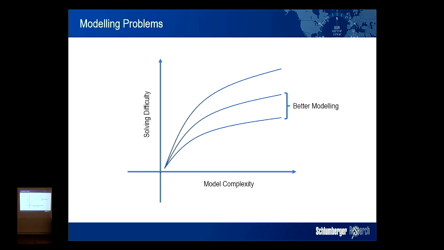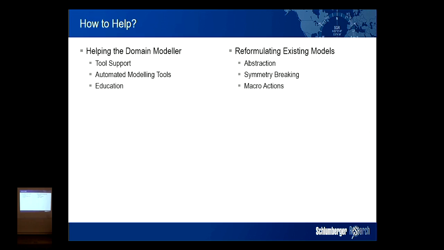The algorithm's variable, we can improve that, but we can also improve our model in order to solve problems whilst retaining the same complexity. And then, abracadabra, we relay our requirements for both things in there, and we have our solution, right? So all we have to do is pull this line down. Okay, so it's in this better modelling space that domain model acquisition systems are going to live. That's what we're trying to help.